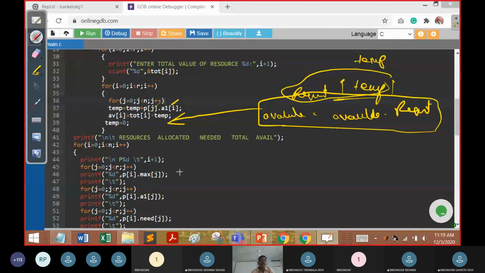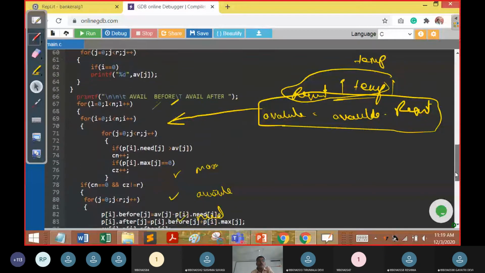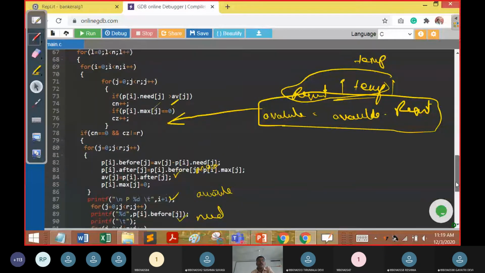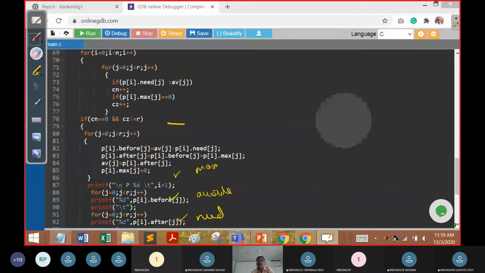So while using this safe sequence, we are going to iterate the process, that is P max 1 I am going to call it A1, and then we are going to produce the need vector. So we are going to compute the maximum, then we are going to make the available vector, and thereby we are going to work with the need vector. So these are the three simultaneous operations we are going to work out. So finally we have to make a check operation, right? Finally we have to make a check operation. So I will go through the PPT again and show you where these steps are going to be similar here.